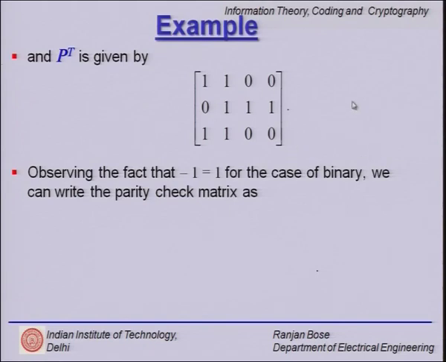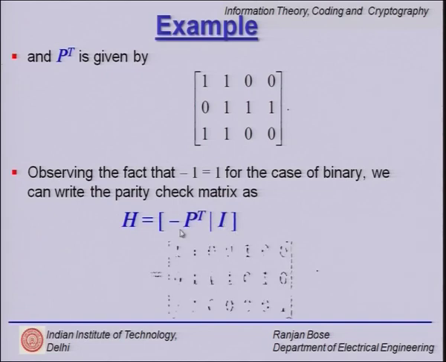All we have to do is append the I of n minus k matrix here. Now n is 7, k is 4, so n minus k is 3. So we must append a 3 cross 3 identity matrix at the back and we are home free. So H is minus P transpose partition I, this we have already figured out, and we put this 3 cross 3 matrix at the back and we have our H matrix. So this H matrix should be able to give you a 0 vector output for any valid code word generated by this generator matrix.